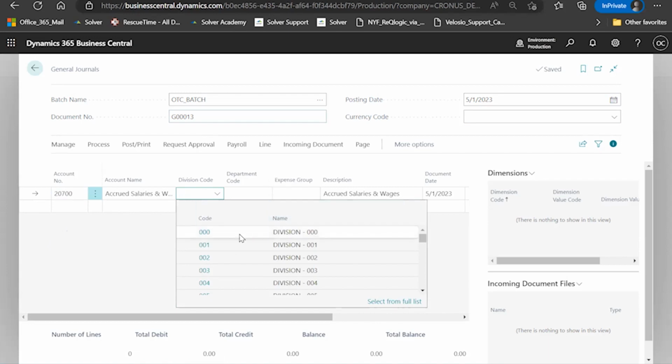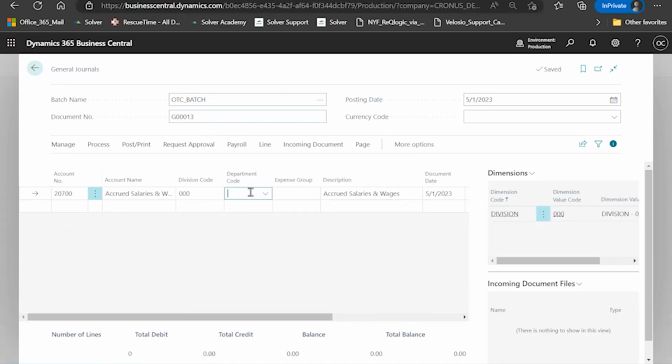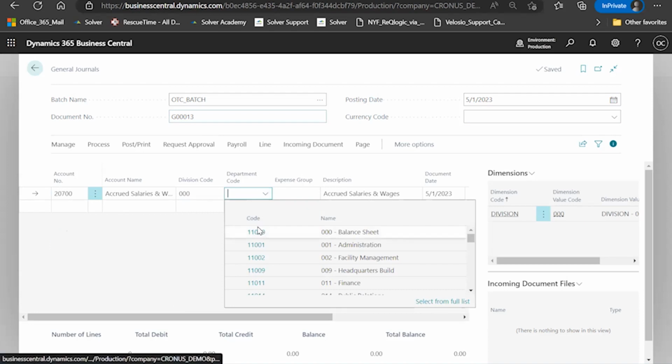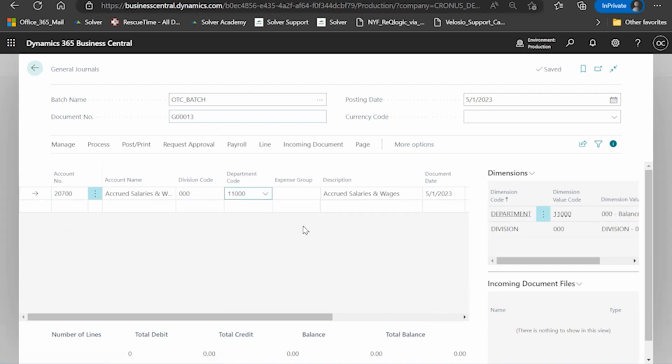This is a general ledger account, so division 000 and my balance sheet department. Again, consider for balance sheet, you may not need that. You may have a requirement for it, but you don't necessarily need dimensions on balance sheet items. Okay. Description, so it defaults in the description from the account, that you can override. My document date,